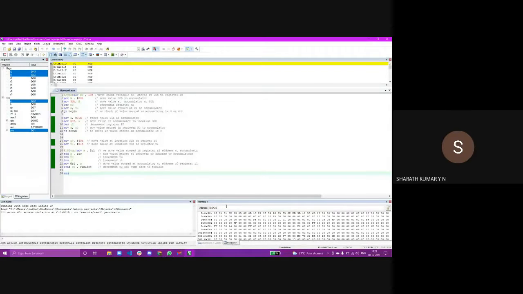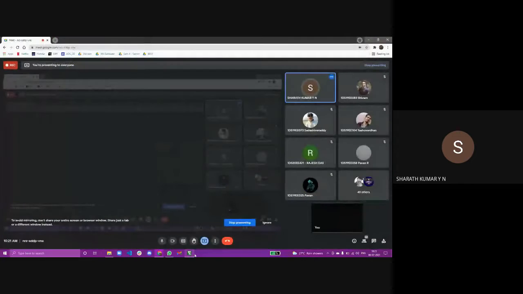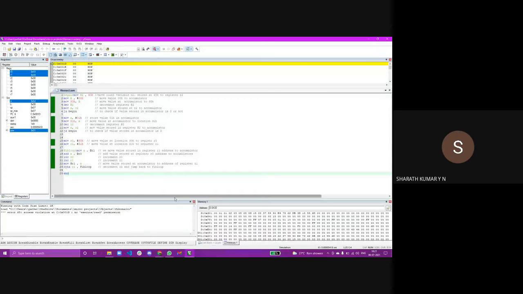Yes, sir. The count of numbers equal to the number at location 60. That's correct, because that's what I was looking for. The target location was not specified in the program, so you can assume that's not an issue. And of course, the simulation. I don't know whether it's a problem with my screen resolution. I'm not able to see, but I can see the numbers. That's not an issue.